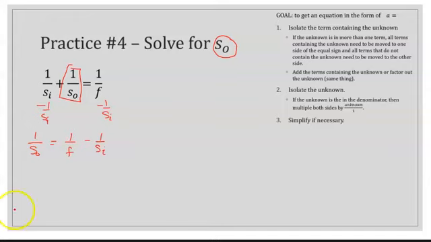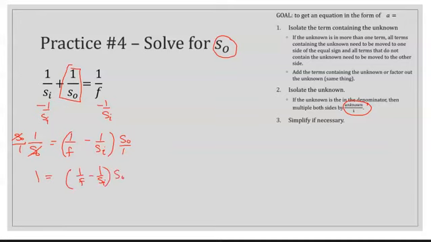And now, if I look at my isolate the unknown, again, my unknown is in the denominator, so I need to multiply both sides by the unknown over 1. So, s sub naught over 1. I have to put parentheses around all of this, because it's s sub naught over 1 times the whole thing. These cancel, and so I get 1 equals 1 over f minus 1 over s sub i, all of that